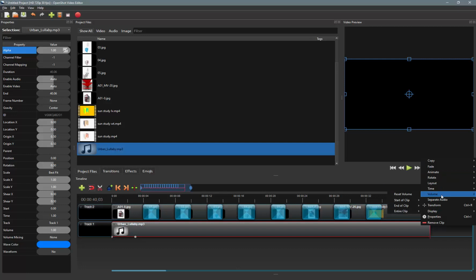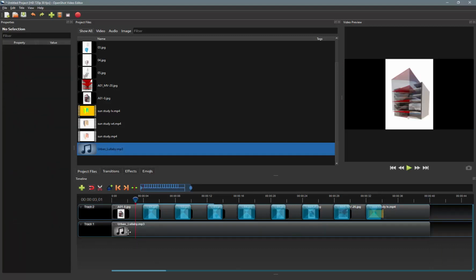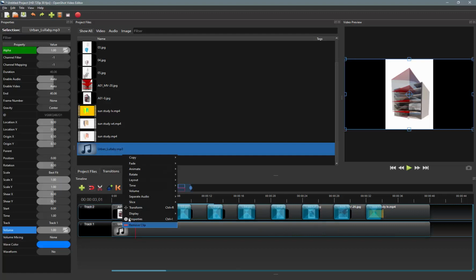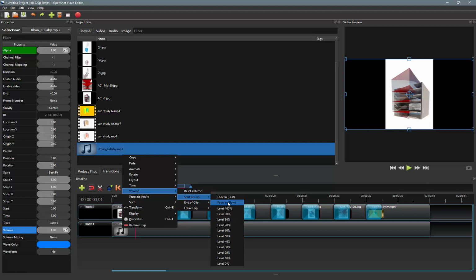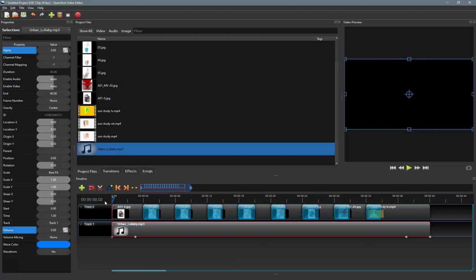And then I'll right click on this and go to fade, end of clip, fade out slow. Oh, actually, volume is what I want to do. End of clip, fade out slow. And then this guy I can delete. Whoops, no. Let's just do this. And volume, start of clip, fade in slow. Right? All right. And so there's that guy. So now if I come in here and play this,